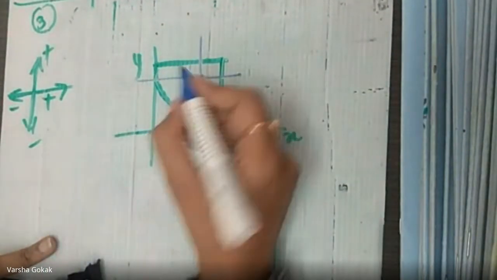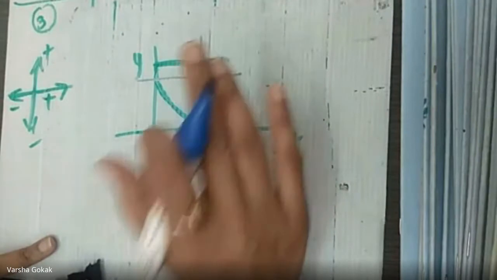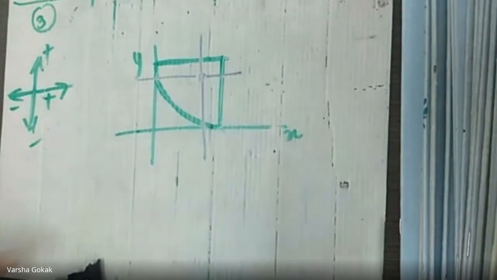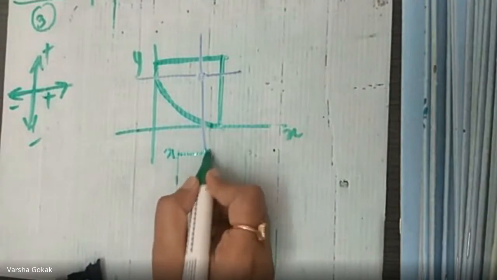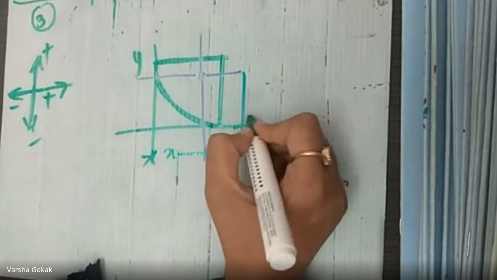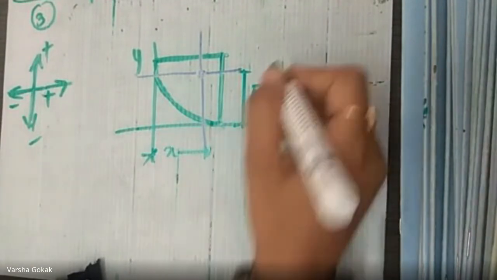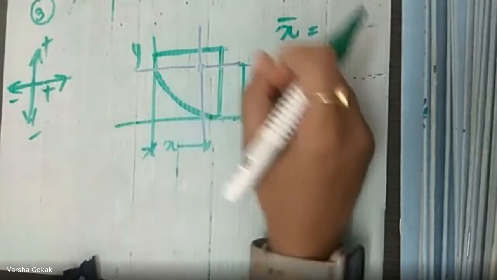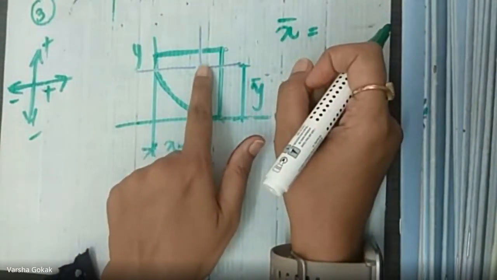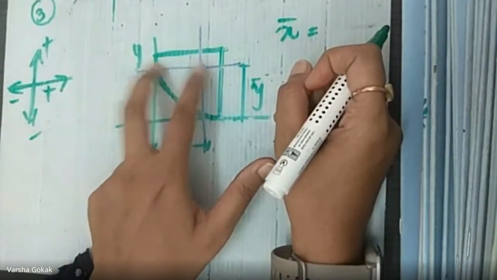Its CG is never going to shift irrespective of where you place it. So CG is this. Correct? Now, according to the diagram, this is going to be my x bar and this distance is going to be my y bar. Am I right? So how do you get the value of x bar? Tell me, please. I know this value is 4r by 3 pi. I want this now. How do I get it?